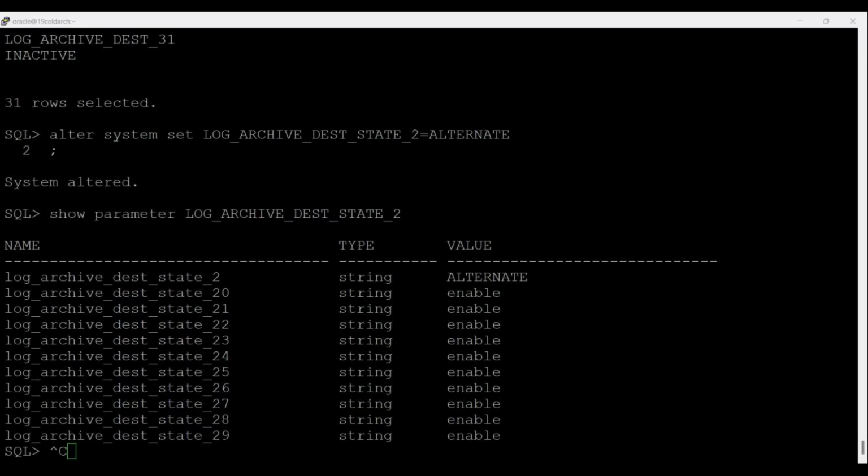So each destination must be either location or service. So that is an important concept. You should know from where to where we use which attribute, location or service, or both, or only location or only service. That depends. Okay, and